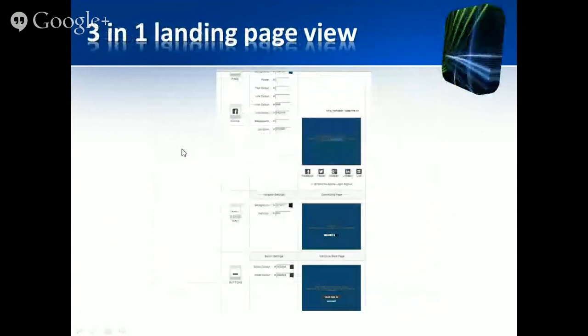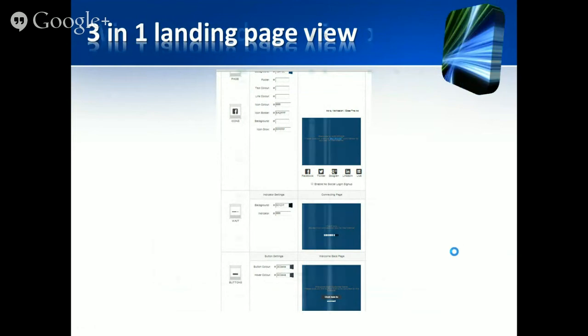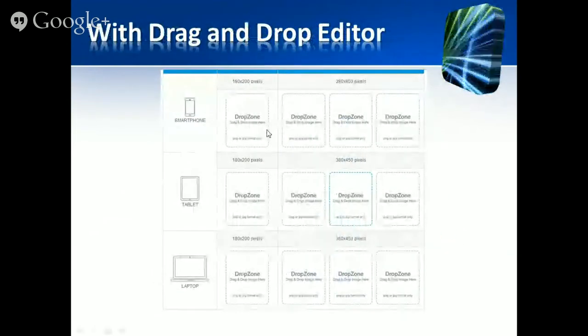Now the new layout for designing the pages is you're going to be able to see all 3 of them at once. You don't have to click through the tabs. We had the social first user, the connecting page, and the returning user page. You had to click through on tabs. Now it's going to be a single page. It's not this big, it's obviously full page size. I've just zoomed it out so that I can get all 3 at once within this little slide that I'm doing. It's quite nice in this full page, and it's going to be simple